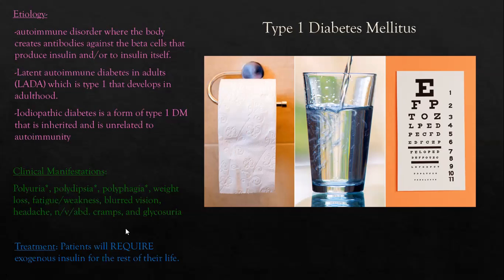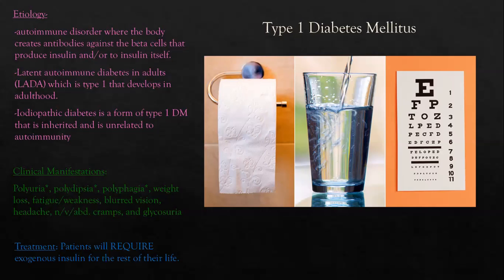These are very key characteristic clinical manifestations. Polyuria is peeing a lot. Polydipsia is being super thirsty and drinking a lot of fluids. And polyphagia is being hungry constantly. These three occur because polyuria occurs, which is peeing a lot, because there's so much sugar in your blood that